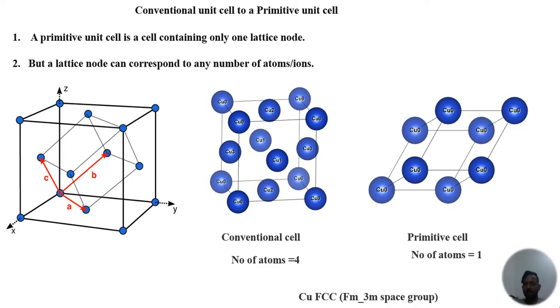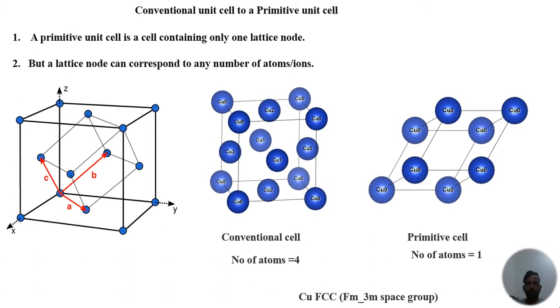So friends, in this video I am going to talk about how to convert a conventional unit cell to a primitive unit cell. I think this topic creates some doubts in the minds of readers, so I thought I should at least explain it. I didn't find any video related to this topic. Though there are some videos, they only consider structures containing a single type of atom. I hope this video will be helpful for the students.